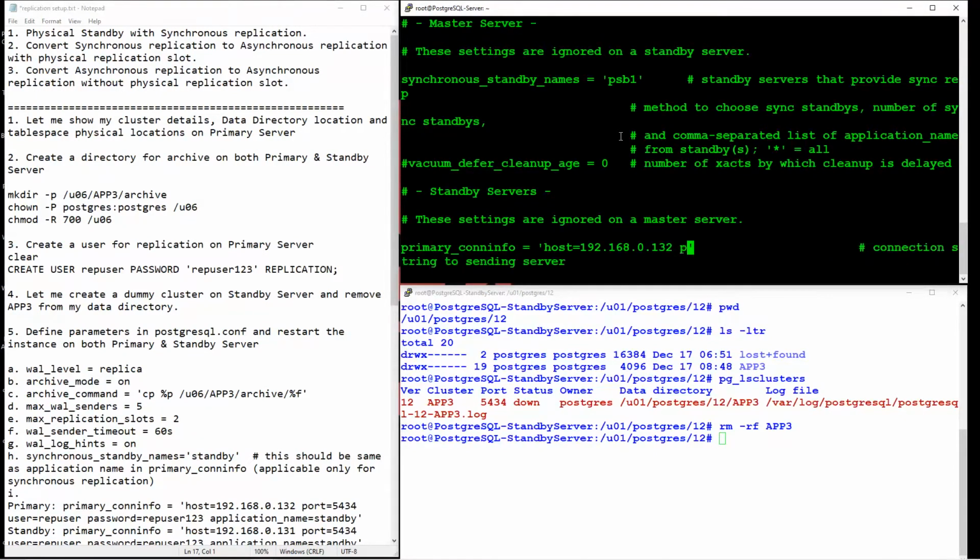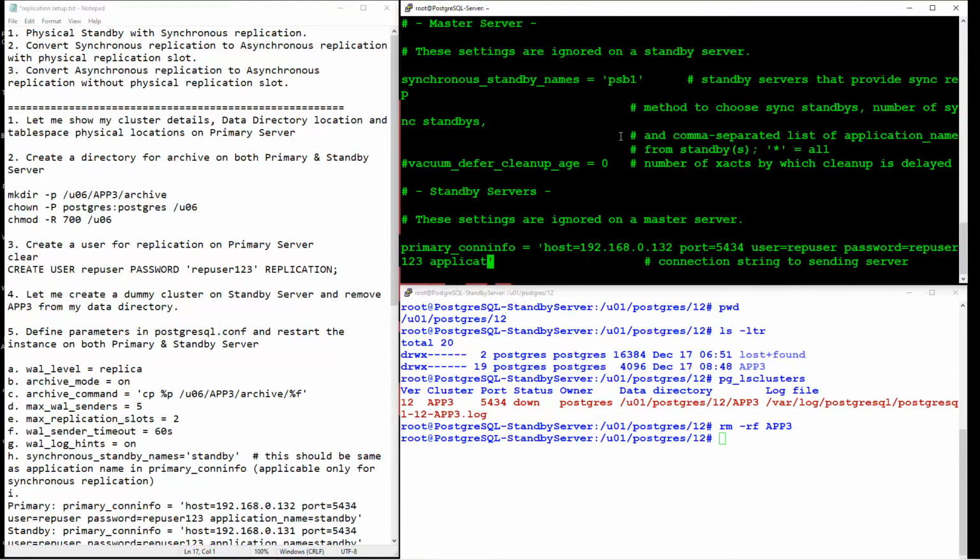Okay, port 5434, user rep user, password rep user 123. You can use the PG pass file option in order to hide the password, but for my demo I'm not going to use that option.